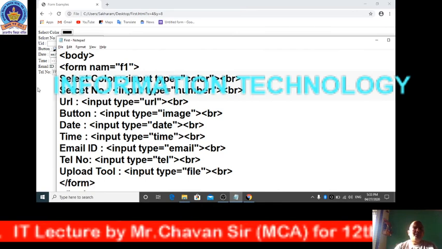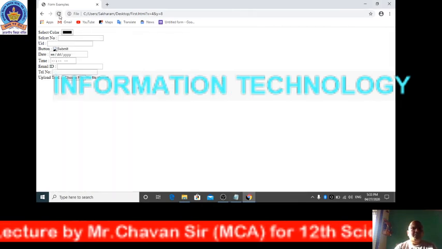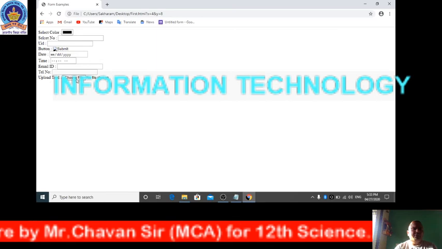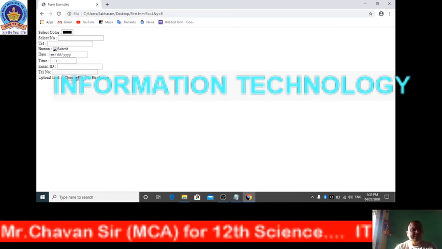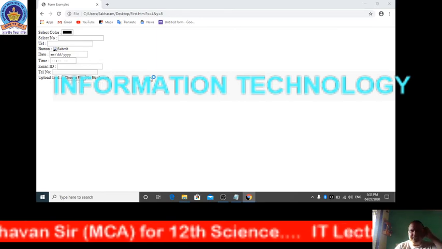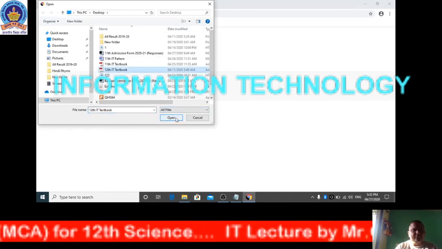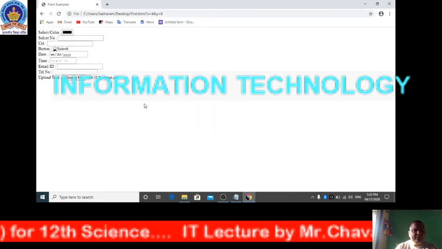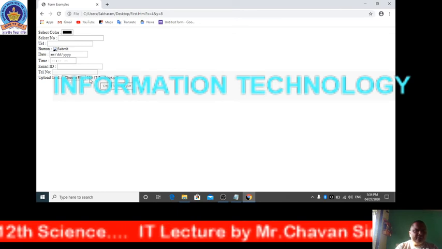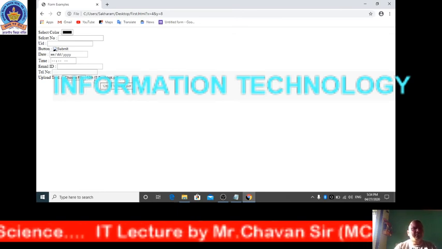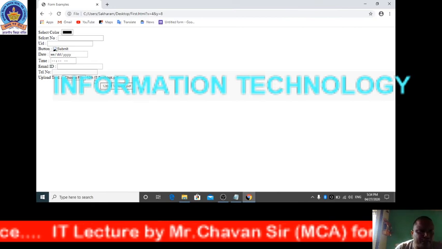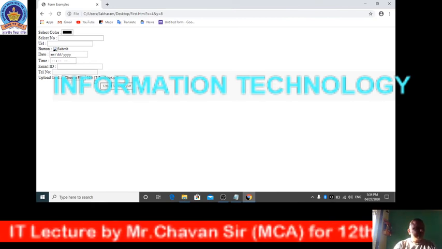This can accept files from the user and upload them over the web. When you click on the choose file button, you can browse and select any file from the system and click on open. The file name is then shown here. This is the file name which we can upload over the web.